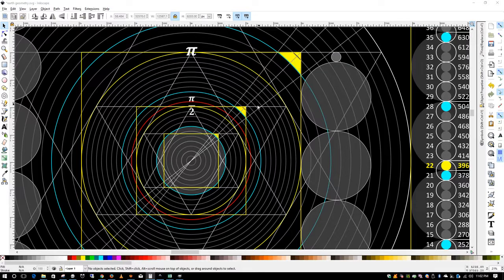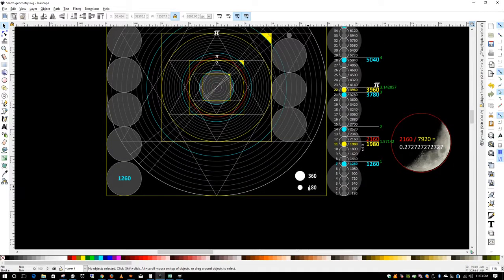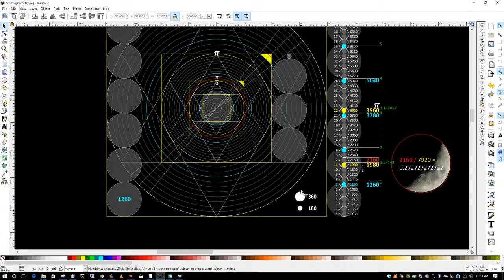These yellow corners that you see here and these rays that you see moving up represent 51.84 degrees, like we see in the Great Pyramid, and its reciprocal, which is 38.16. The three circles that you see here, which represent the 1260, represent 3 plus 0.142857. So that represents pi. And this circle that you see right here represents the pi increment of 180. So we actually have 1260 times 3 plus 180,